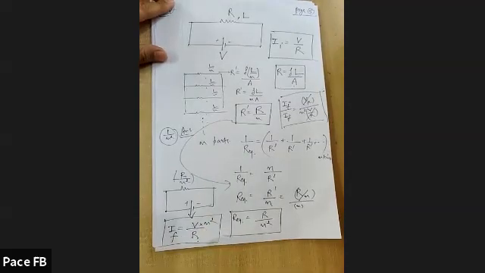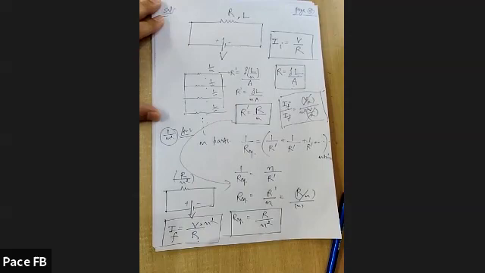The question is, in order to increase the resistance of a given wire of uniform cross section to four times its value,